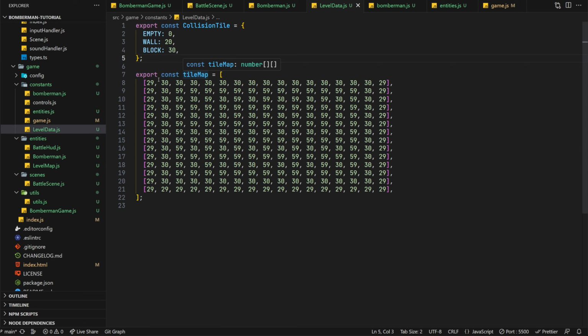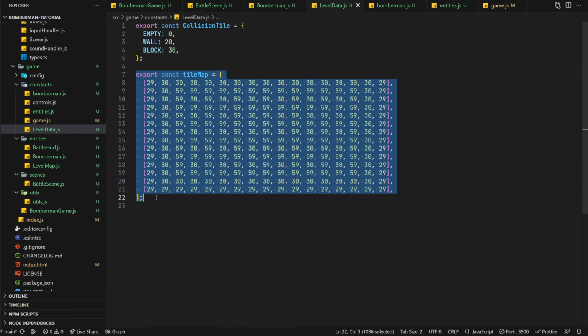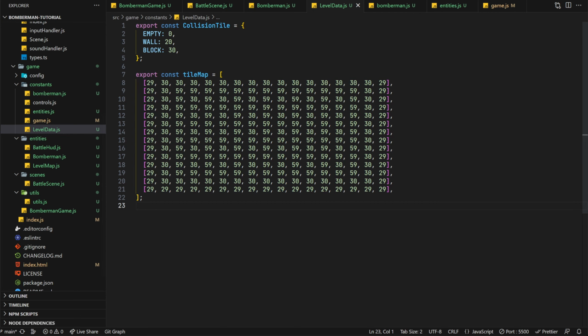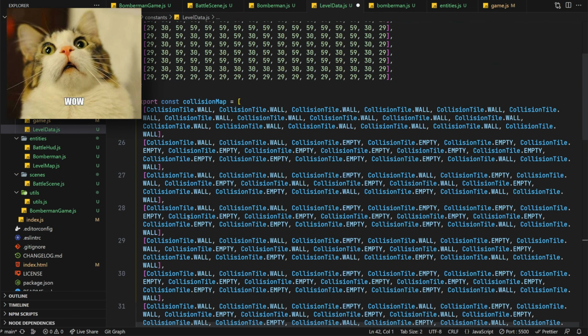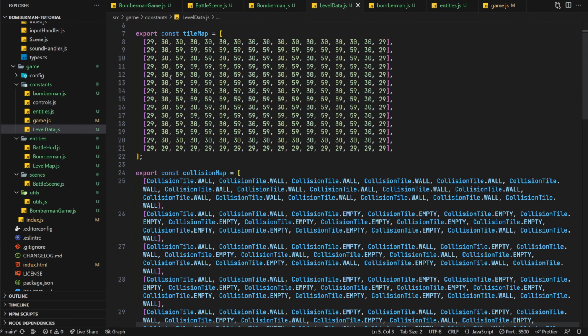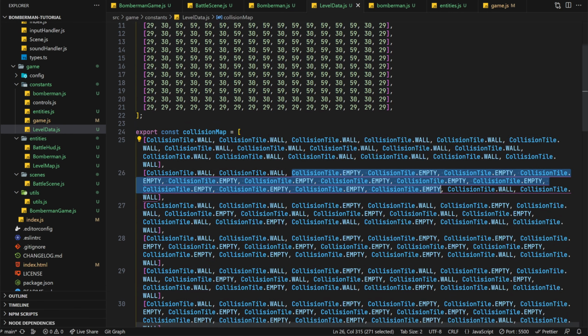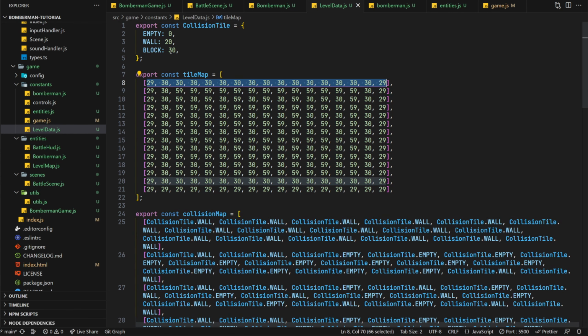For the collision data, we'll need to mirror the tilemap array, but provide the correct tilemap lookup value for each tile. We'll call this collision map, and I'm going to paste in the array details that I prepared earlier. Wow, there's a lot there, but don't panic. It's simply a one-to-one mapping of the tilemap array above, but using the collision tile object values we've just created. So both tiles 29 and 30 will become the wall value, and therefore 59 becomes the empty value within the